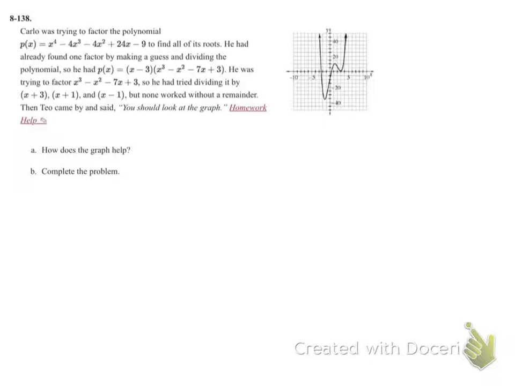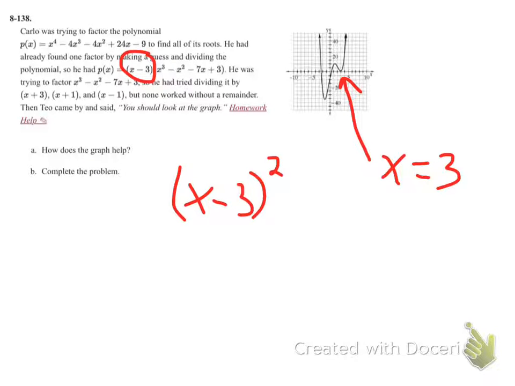Well, if we're looking at the graph here, you can hopefully see that at x equals 3, it bounces. That means that the factor of x minus 3 would have to be squared, which means there are two of them in there. So if he already divided this polynomial right here by x minus 3 and got this as the result,